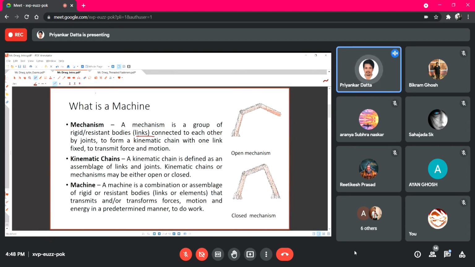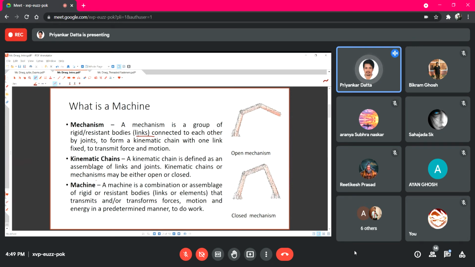Now once we create different mechanisms, using them we create a machine. The difference is, in a machine, along with transmitting forces and motion, we also convert some energy from one form to another as desired by the designer of that particular machine. So this is the basic difference.